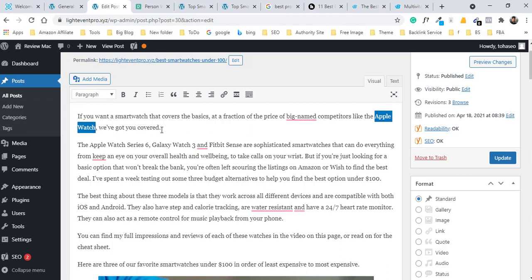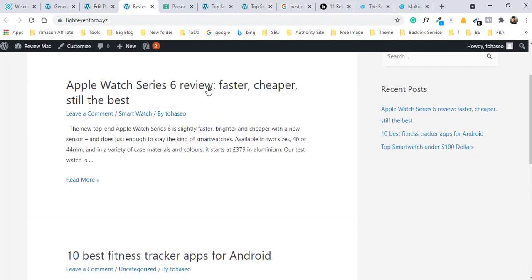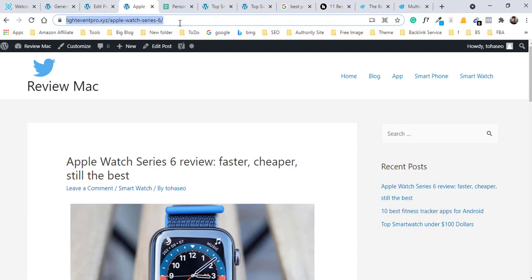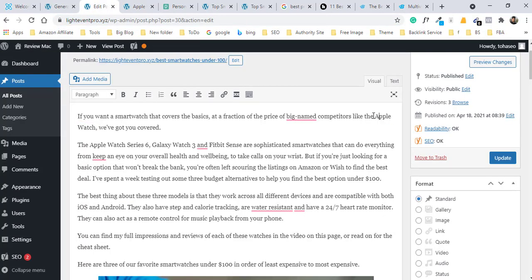I found the Apple Watch text, and I have content about Apple Watch on my website. So I browsed my website and added an internal link. This is the Apple Watch Series 6, and I copy the link and add the link into the text. It's called an internal link because this link is on my website.